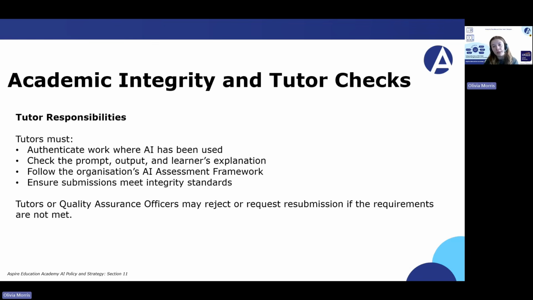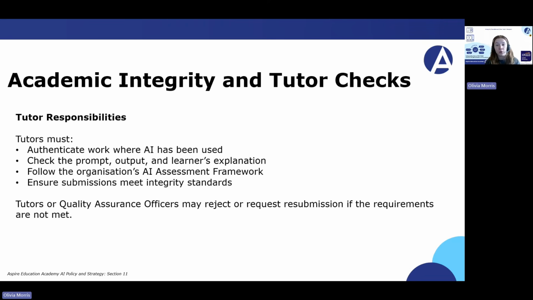Tutors will continue to monitor this. So this means that they will check future submissions to make sure you are now following the rules around ethical AI use. If inappropriate AI use continues, or if referencing remains inconsistent, even after support has been provided, the tutor must escalate the concern. Please note that sometimes a quality assurance officer may also highlight a suspicion for AI use and ask the tutor to have this conversation with you.